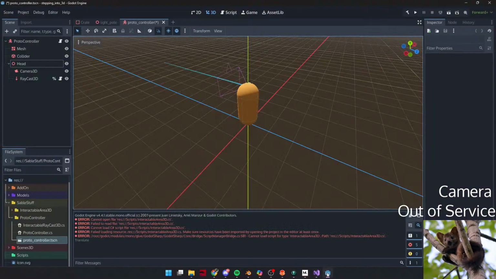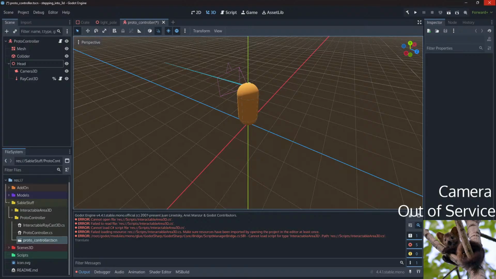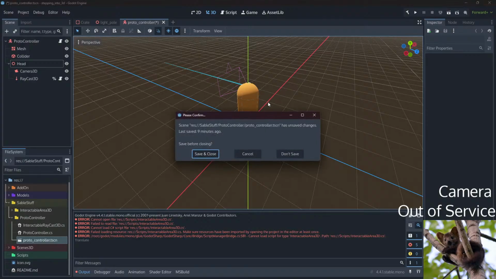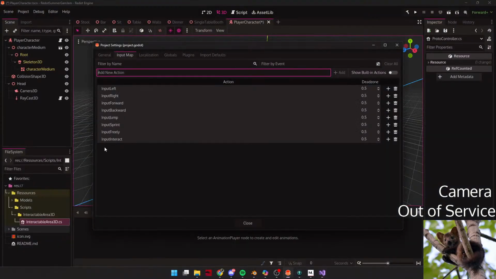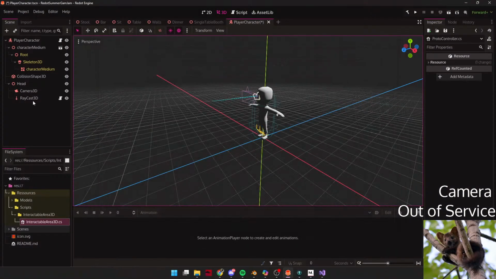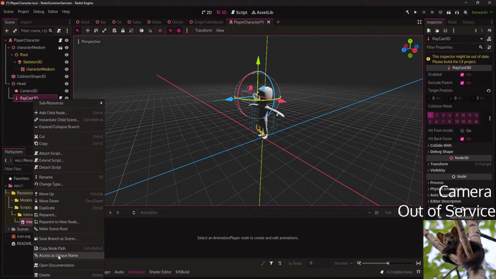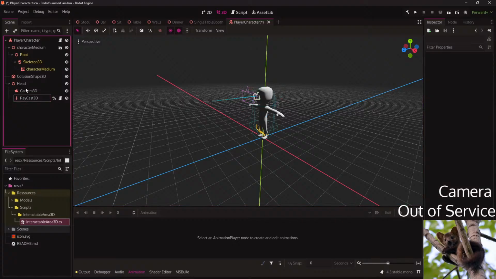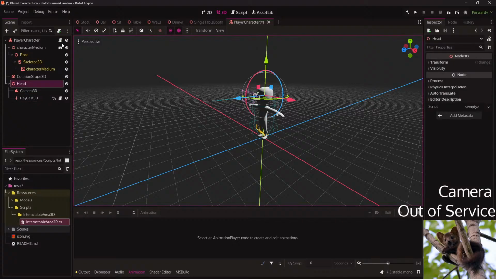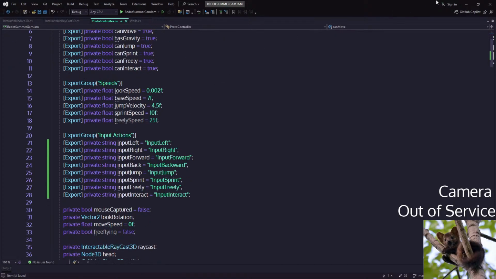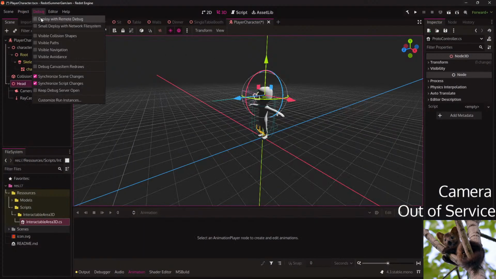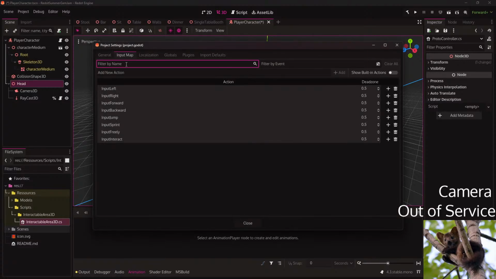Okay, I think we're good. I might not need Godot anymore. I just make sure that Rika is here. No, this is good. I just need to assign the keys probably.